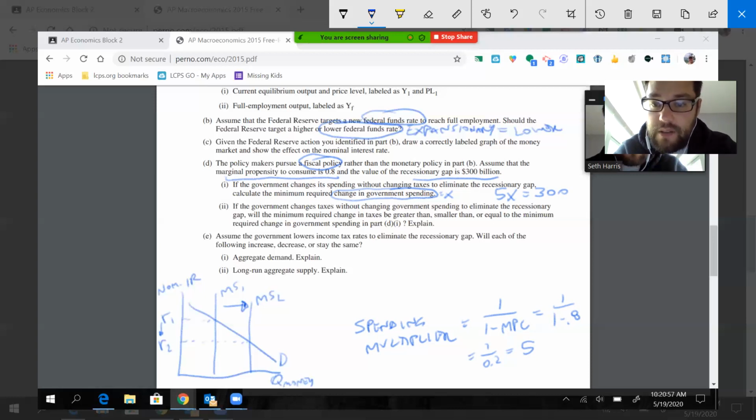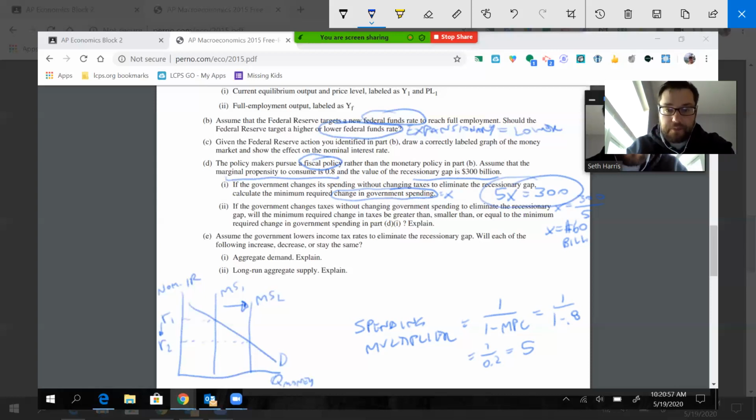So divide both sides by 5, so you get X equals 300 billion over 5. So therefore, X equals 60 billion. So that's your pretty straightforward spending multiplier question. They do ask you to go backwards, right? So don't forget you have to set up this little equation here in order to calculate the amount the government